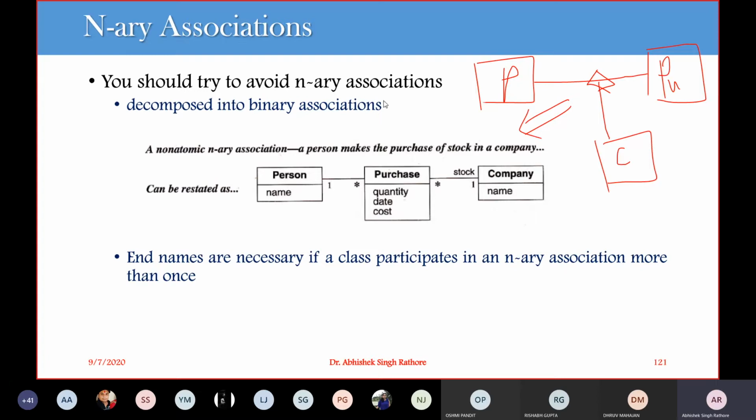We do not have a strict or structured formula for how to convert between binary and n-ary association, because we are doing modeling, and modeling is based on your experience level for object oriented analysis and design. With more practice you will become more comfortable decomposing all those data into binary associations from n-ary association.